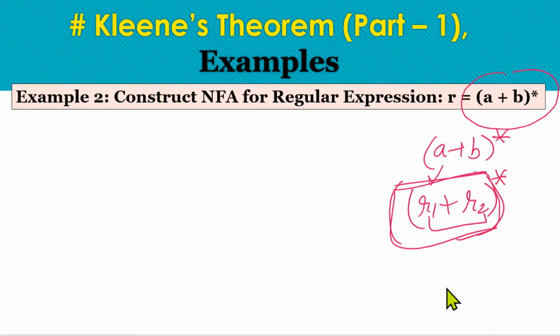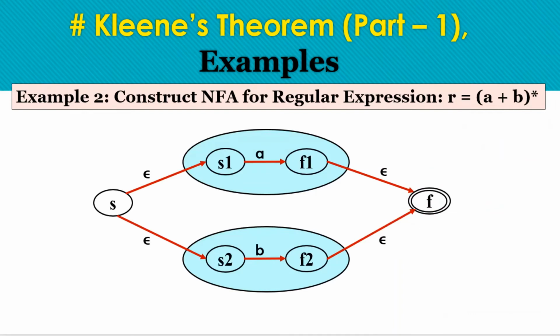So we had one machine from the first example as input. Next we have to perform the Kleene closure of the example 1 machine. So this is the machine from the example 1. For this expression we have this machine. Now we have to perform Kleene closure, and the rule says we just need to add one extra start state and one extra final state.